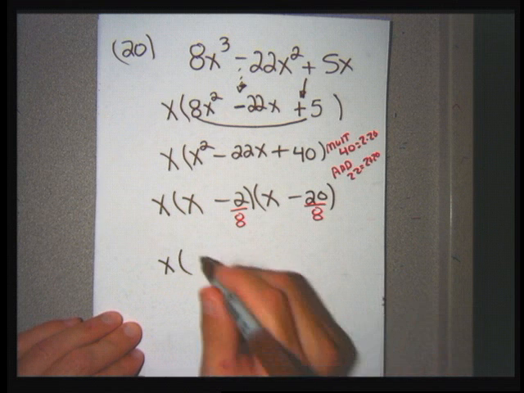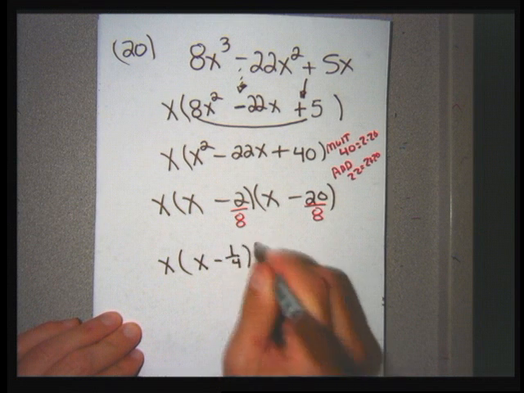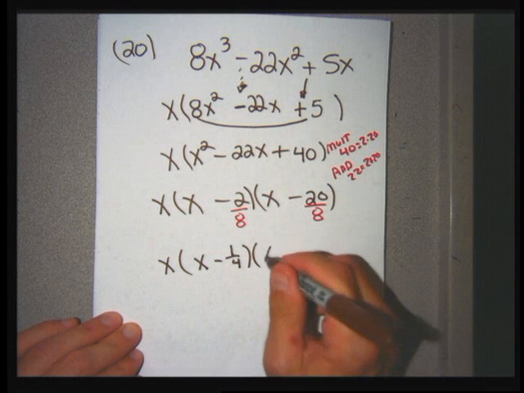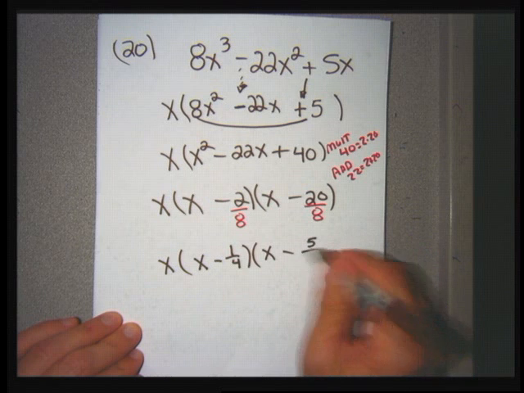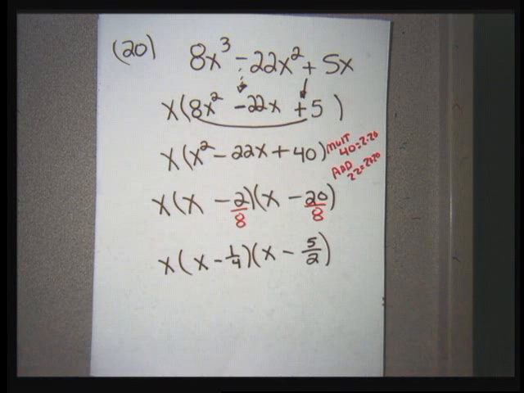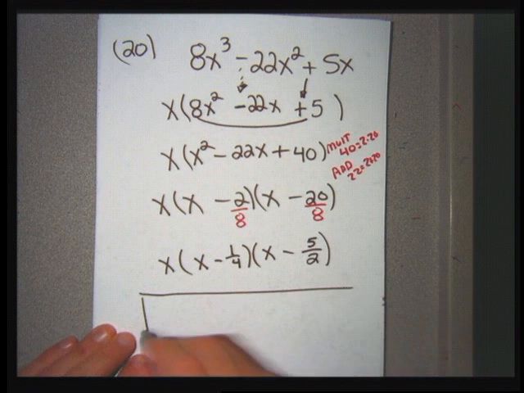First fraction reduces. I'm going to have to reduce it. 2 over 8 is 1/4. The second fraction reduces, but the fraction doesn't go away. I reduce each of these by 4. 20 divided by 4 is 5. 8 divided by 4 is 2. Bring my bottoms up, leave the common factor of x, and I'm going to get my answer,